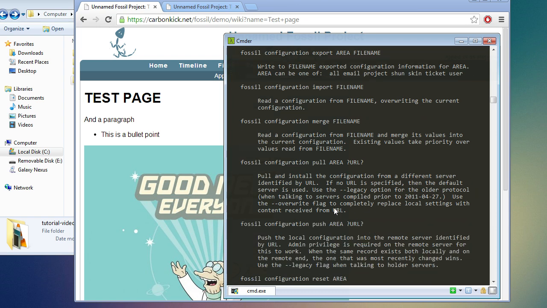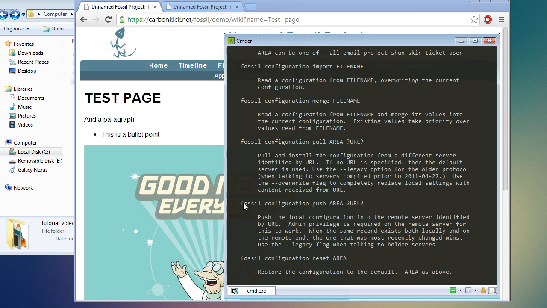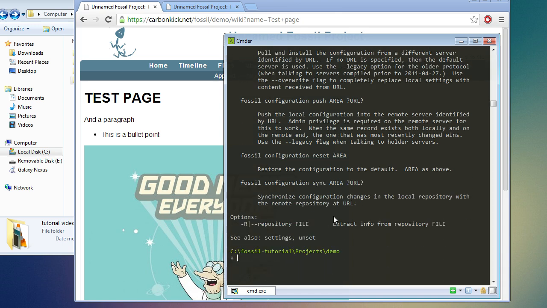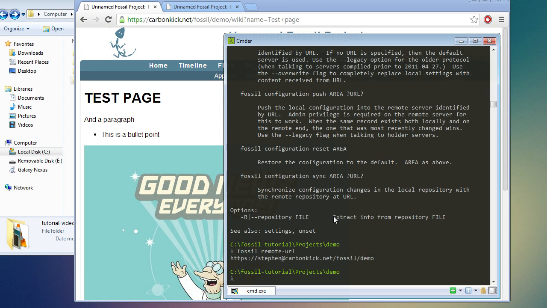So the one that we want is push. So the syntax is fossil, configuration, push, area. And area is what part of the configuration you want to push to. And if you don't specify a URL, it will use whatever is in the remote URL. So I can check that out. There's the server. So if I do fossil, config, push, all,